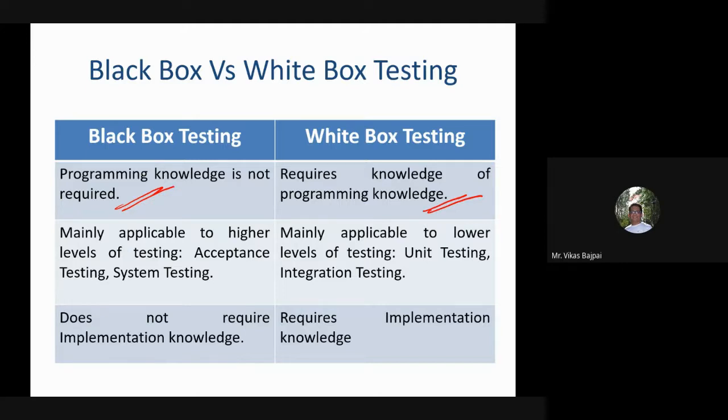Now, in case of black box testing, mainly this is applicable to higher levels of testing. That means if I need to go for acceptance testing, then I'll prefer this black box testing umbrella. I need to have black box testing for system testing as well. So at the higher level, we go ahead with this kind of setup. Whereas in case of white box testing, mainly it is applicable to the lower levels of testing, where, let's say, if I'm referring to unit testing, then I can refer to it. If I'm referring to integration testing, then I can go ahead with this particular part.